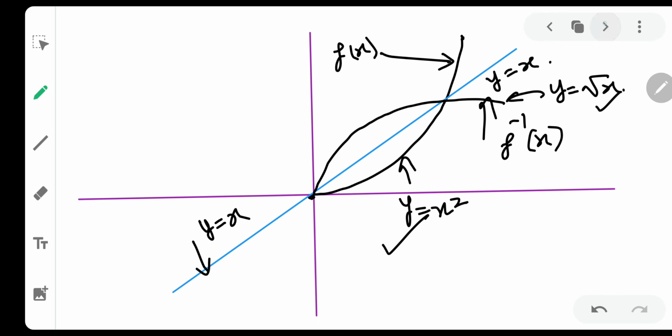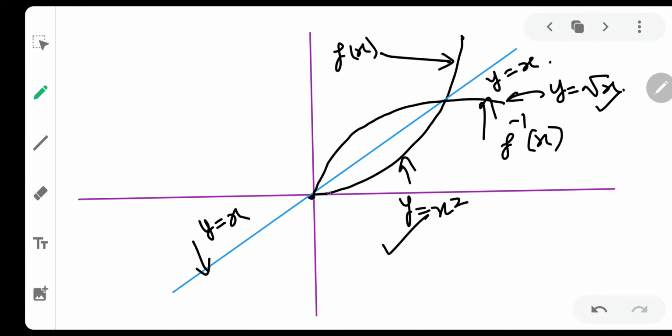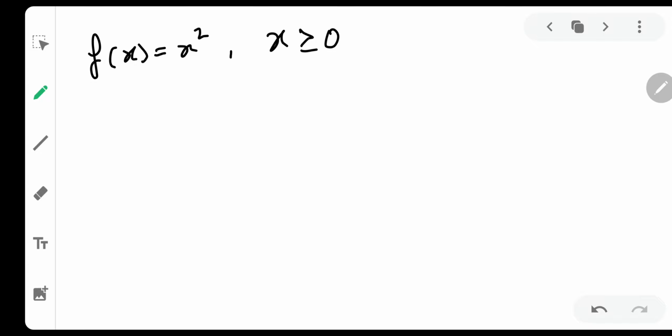The other way could be, now suppose f(x) equal to x square is given, something like this. f(x) equal to x square is given where x is from 0 to infinity. It means it is a one-to-one function. The graph which I have drawn from here, it is x equal to 0 to infinity. The negative side is not taken. Hence this is a one-to-one and onto function. Hence its inverse will exist.